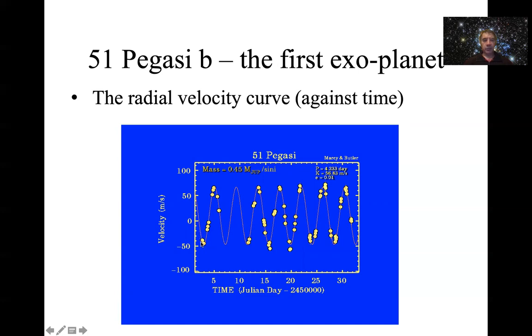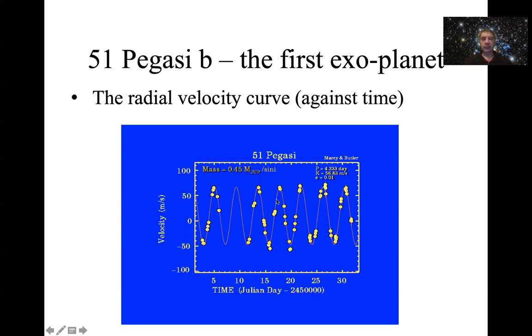And so you can see that this is what's called a radial velocity curve. It's a plot of the radial velocity deduced from the Doppler shift as a function of time. You can see that there are variations here that vary basically sinusoidally, so that you can measure the amplitude of the sine wave here, and it's about